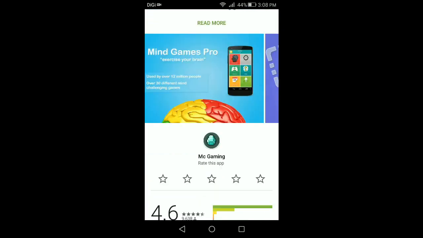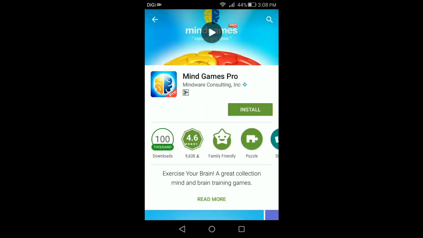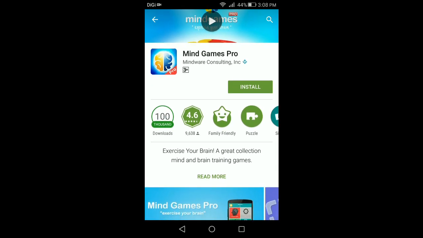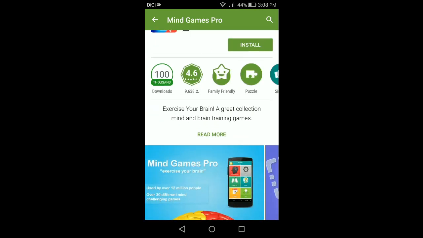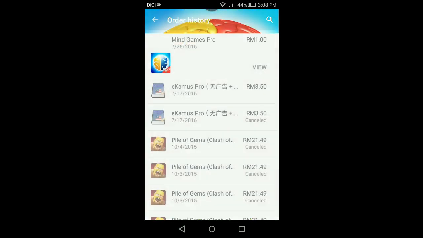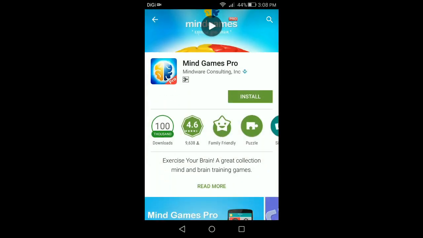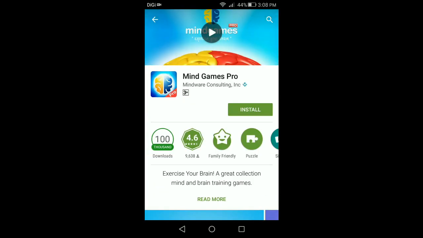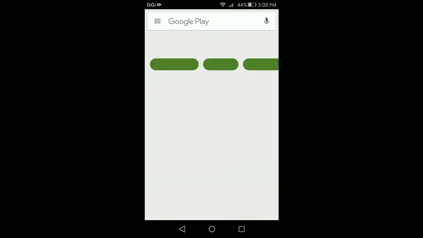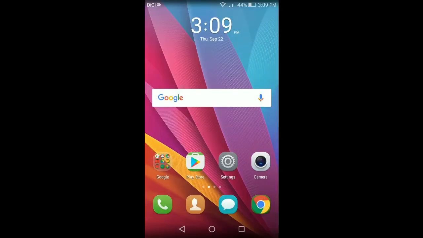Next, if the purchase that you made is an in-game purchase, then Google can't refund you. Like this app is an in-game purchase, so Google can't refund it to me, but I will use this as a demonstration. Now let's get onto my computer and I will teach you how to do it.